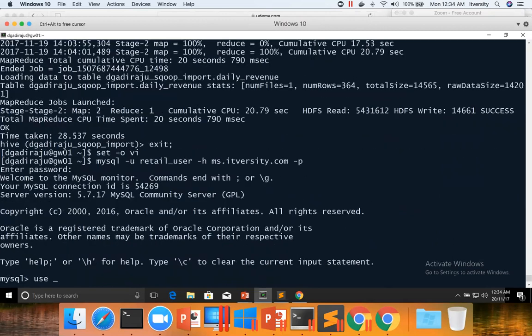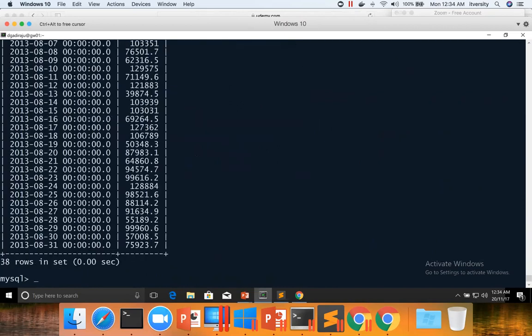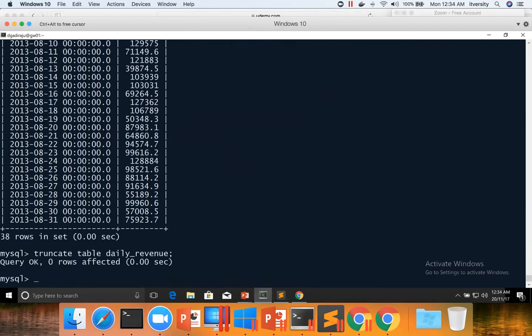And then use retail_export. Select star from daily revenue. And I will truncate this table, truncate table daily revenue. And then insert only one record. Insert into daily revenue values